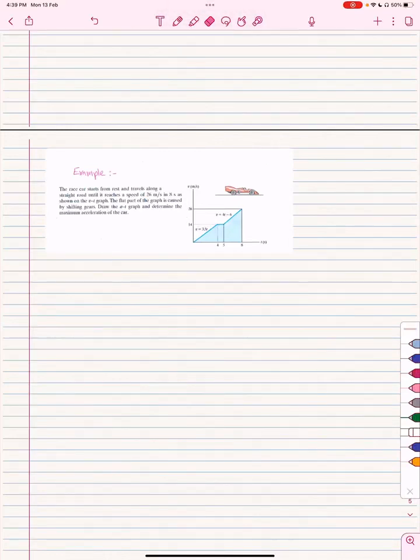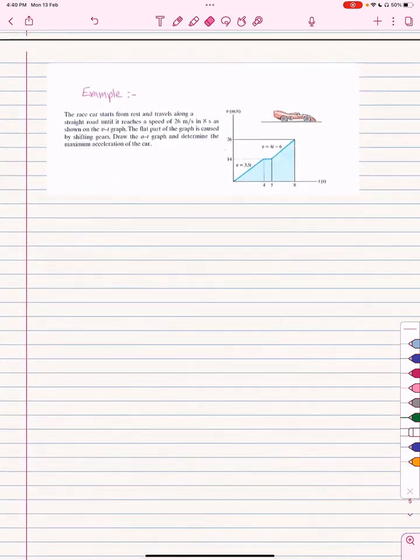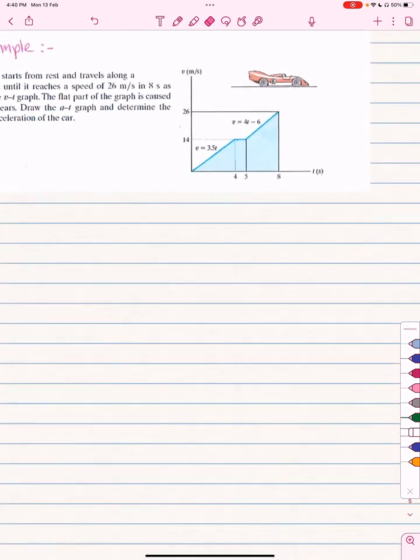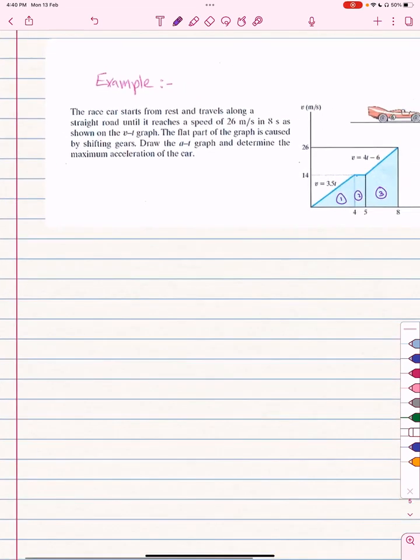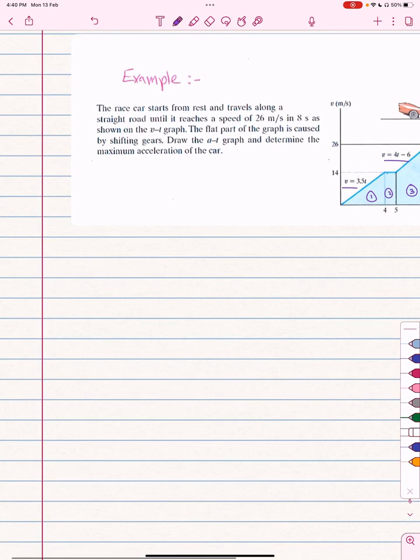Today I'm going to solve a question in dynamics, erratic motion, chapter 2. I'll be solving this question, which is asking us to draw the AT graph and determine the maximum acceleration. So as shown here, we have 3 periods of time. This is the first period of time, this is the second period of time, and this is the third period of time. As the first and third period of time has V here and V here, so we will say that